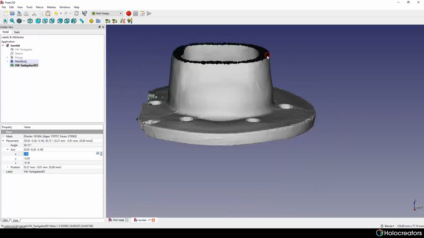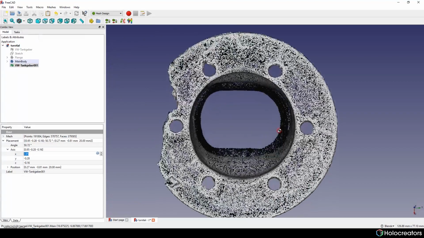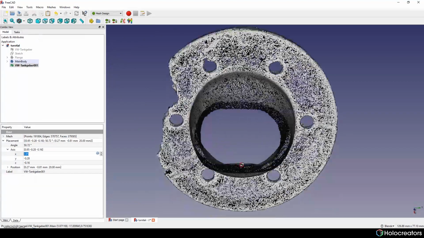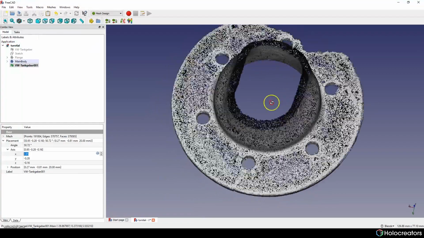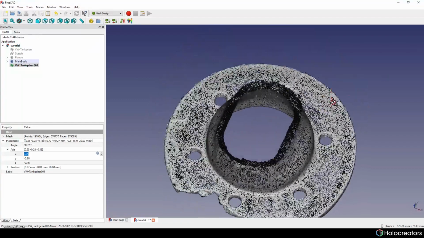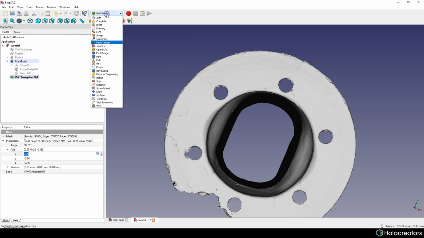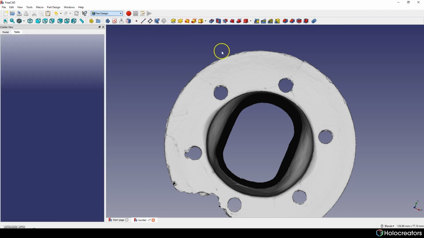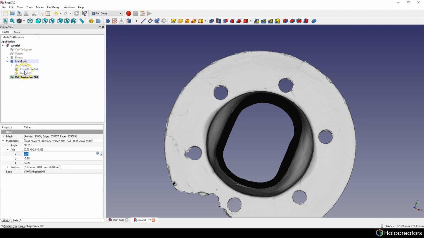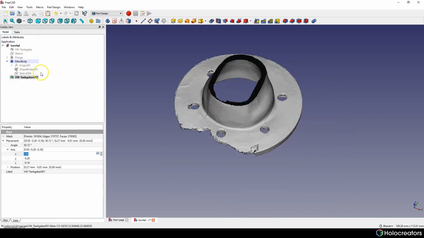Okay, for now we have a cut here, and we're gonna use it to create our new sketch. So let's go back to our part design workbench and let's create new sketch.